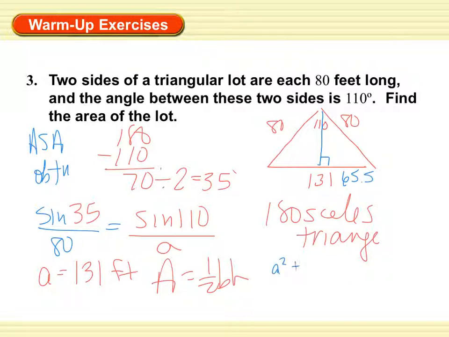A squared plus 65.5 squared equals 80 squared, Pythagorean theorem. 80 squared minus 65.5 squared is 2,109.8. Square root of that